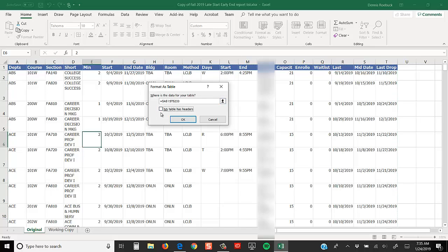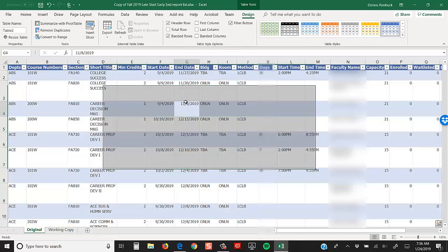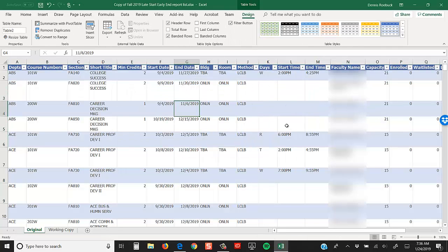There's a checkbox here to indicate whether or not your table has headers. And if you note, remember I said row 1 is serving as headers. So in this case, we want to make sure that my table has headers. If your row 1 is actual data, you want to deselect that, and Excel will automatically insert a new row 1 with just generic column headers as column 1, column 2, and so on. And I click OK, and my data is converted to a table.